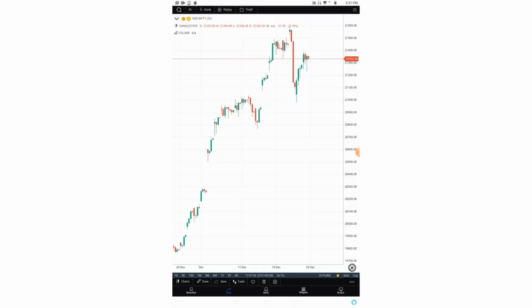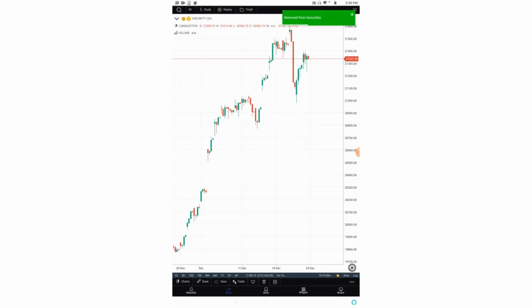Now again we are in the chart section. So in the chart section, if you see this chart option, these are the various chart types, and here again you are seeing this message, long tap to add to favorites. So if you long tap any option, say for example hollow candle, it will be added to favorite. The heart option will come in front of that hollow candle. So you can select any of these chart types. Now I have already explained to you about the drawing section.